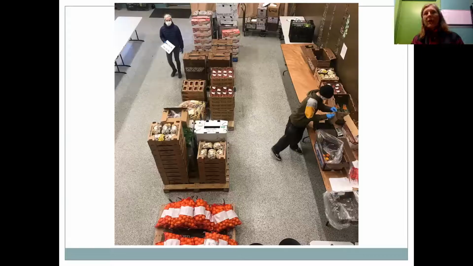So in this picture, we're building a small box, a small harvest box, and a big harvest box. And we also then have our Giving Box program. About 4 weeks into the pandemic, we noticed a huge jump in donations, as people were shopping for their own, customizing their own boxes, they were donating a box at the same time. One week it was like 5, 10 donations. Then it went to 70. And we thought people had made a mistake. We thought they had clicked on the wrong box, that they wanted to purchase a box for themselves. So we contacted all of them. And they're like, no, we wanted to donate a box.